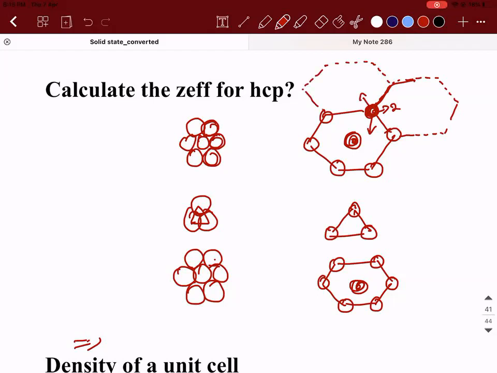Once I complete the answer, you'll get it. Yes, 3. This 3 is on the first layer. Another layer will come and sit, so there will be another 3. Totally it will be 6. There is one layer, another layer, and another layer. So 3 will be on top and 3 on the bottom. Clear?